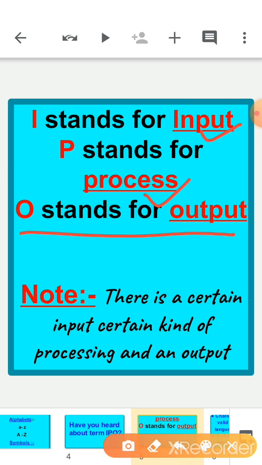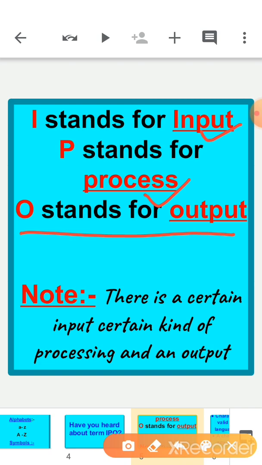Children, input, process, output: most daily life and computer actions are governed by the IPO cycle. That is, there is a certain input, a certain kind of processing, and an output.